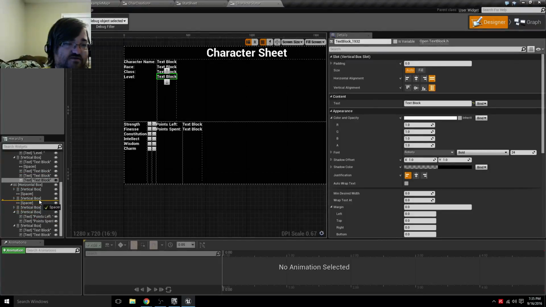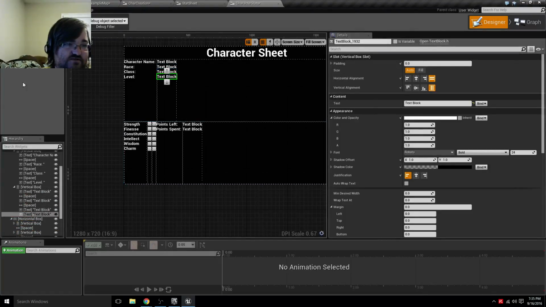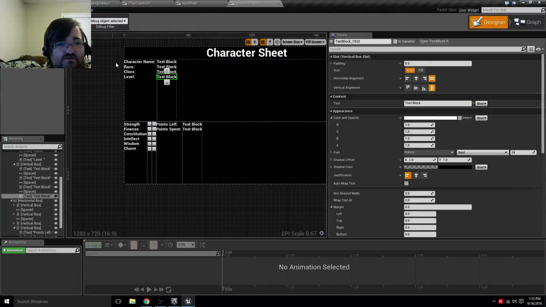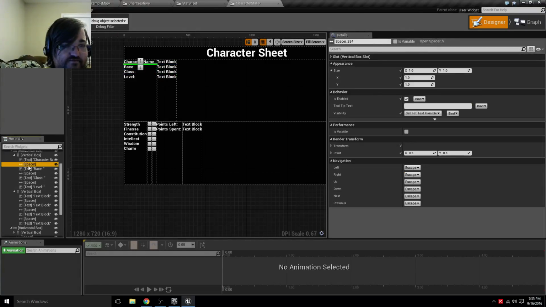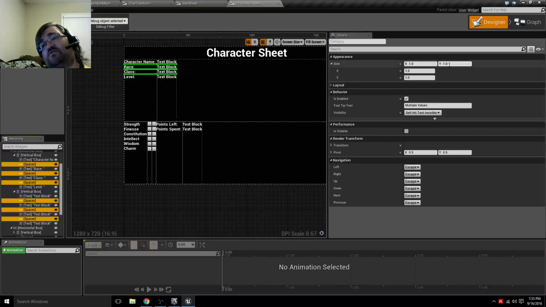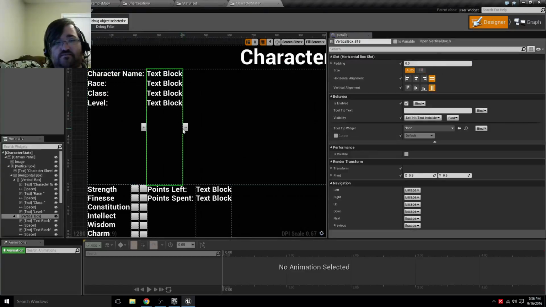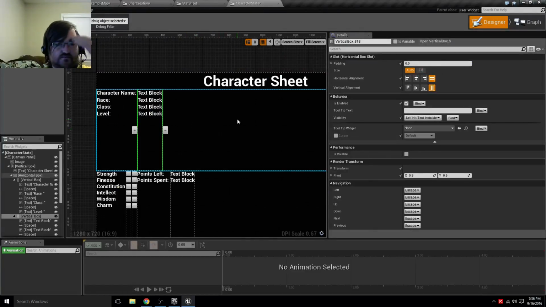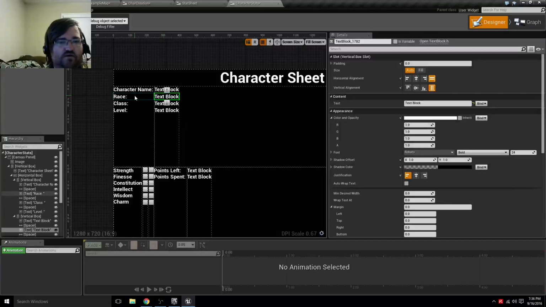Spacer, spacer, spacer, and let's see. I want all these spacers to have the same thing, which is going to be about 4. Okay,